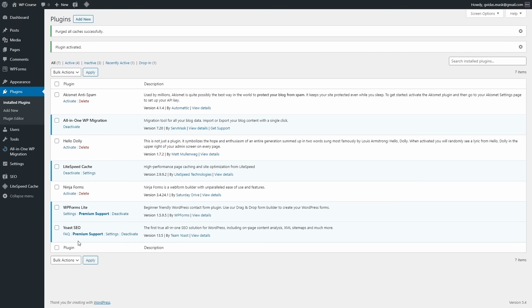So the settings of this plugin were added to our WordPress panel, as you can see right here. For now I'm not going to show any settings because I will show you everything in another lesson which will be about search engine optimization. So the goal of this lesson was to show you how you can install themes and how you can add plugins. So next time when you will need to install some plugins or add new themes, you would know how